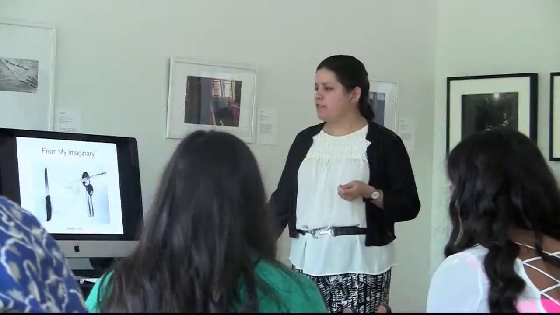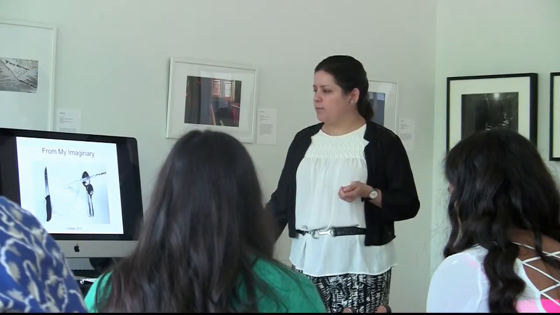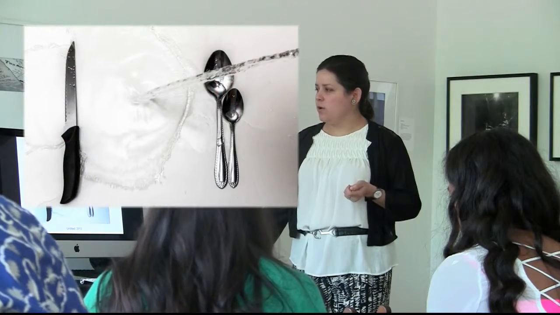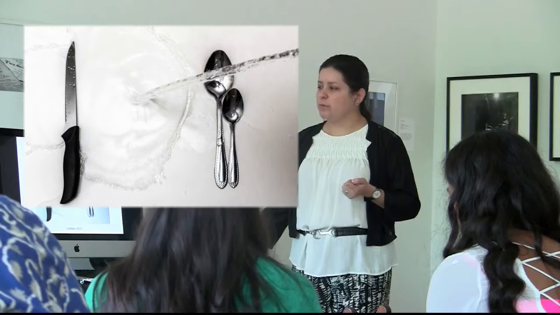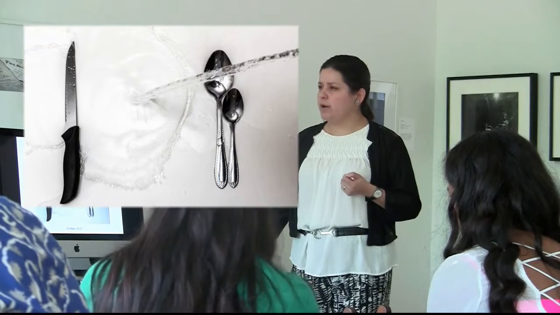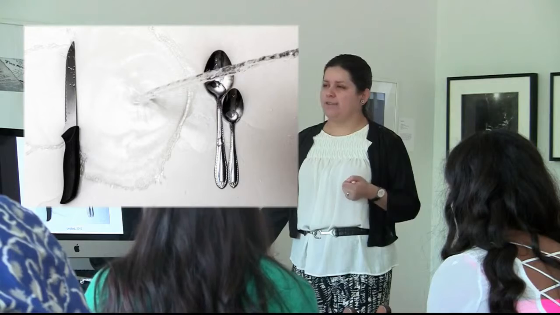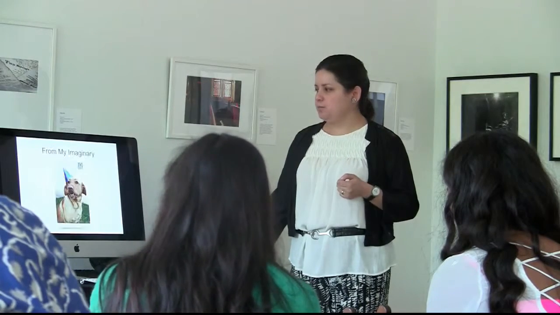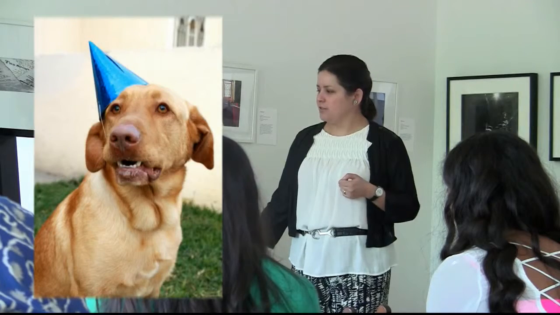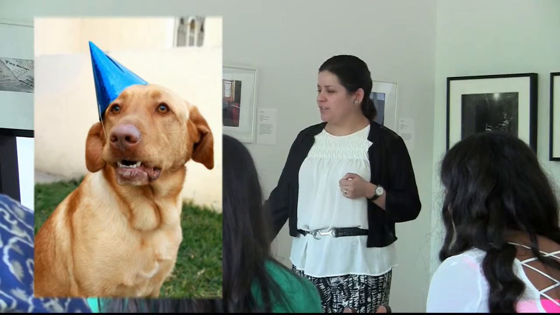These are examples of the things I do. This was also part of my imaginary project, and it's also about things of my childhood, like things that I remember or feelings that I have, and then I want to recreate in a picture. This is my dog. This was on his birthday.